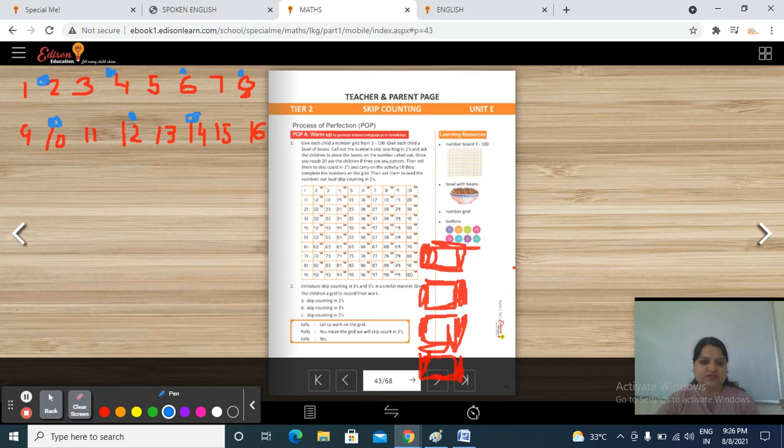So in this way you have to write numbers 1 to 100, and you have to do this activity and your work, right? So do practice at home with different objects, right? So now today's math session is over.